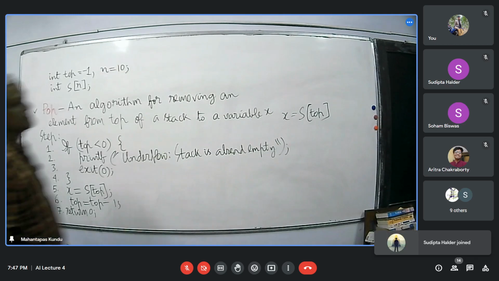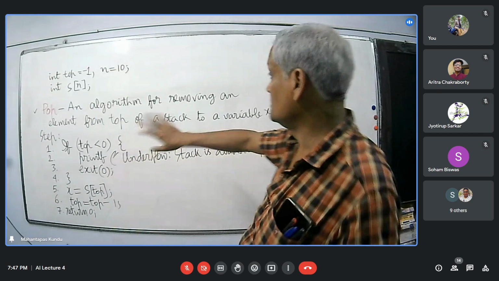The algorithm for removing an element from the stack top.